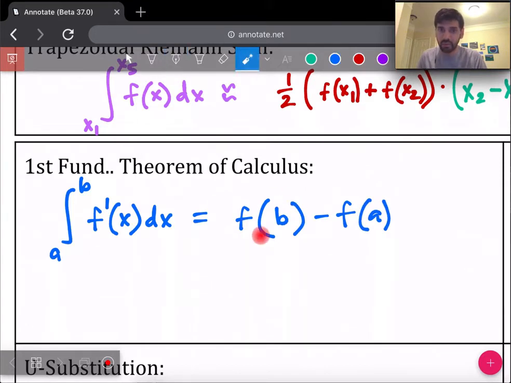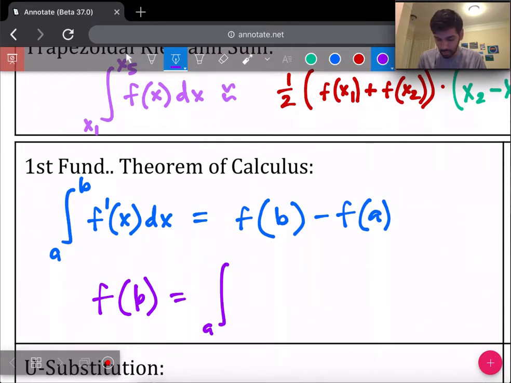The antiderivative with b and a plugged in, and you subtract. Okay. Now a common application of this that you'll use on the AP test is you'll see this equation rearranged, meaning one of these guys will be isolated. So for example, I can rewrite this equation and make it f of b is equal to the integral from a to b of f prime of x